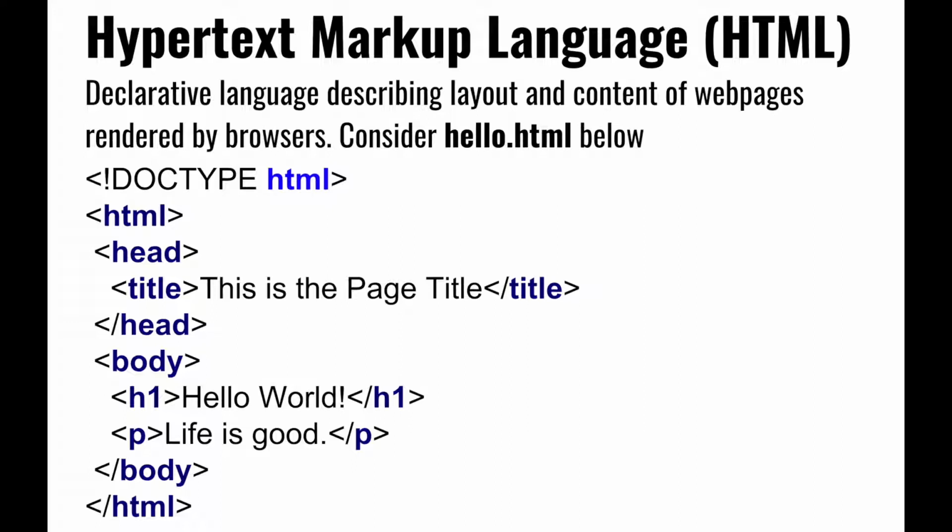So, for instance, in your head you might have links to CSS files or JavaScript, other dependencies that you might have. The body is where we put all the content that is consumable by humans. So in the head, you put things that are consumable by the browser. The browser reads the document, looks at any other dependencies, and resolves those dependencies, whereas the body is for